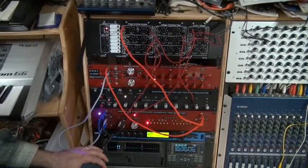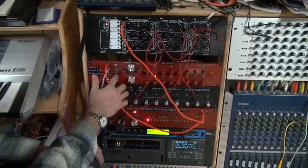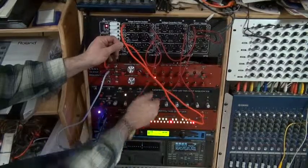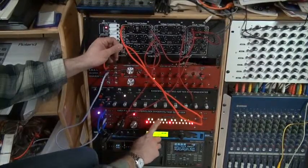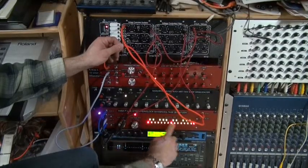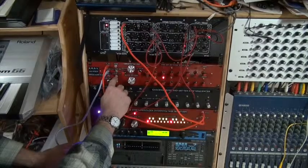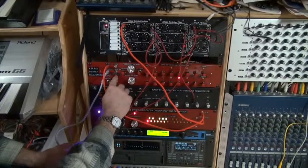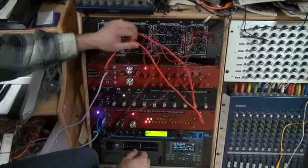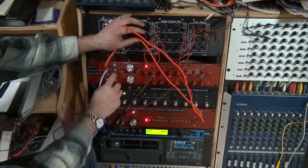So now, if I want to program in a musical scale, all I do, because the lights of the quantizer are arranged in the manner of a keyboard, C, C sharp, D, D sharp, E, F, F sharp, G, and so on, you can program visually. So if I want to program in a major scale, I can simply do it C,